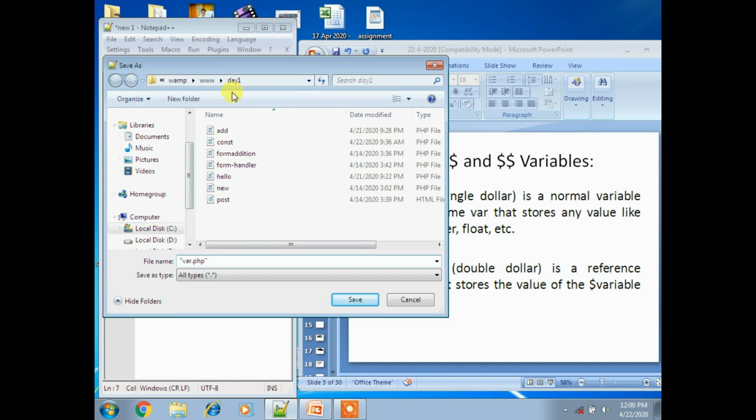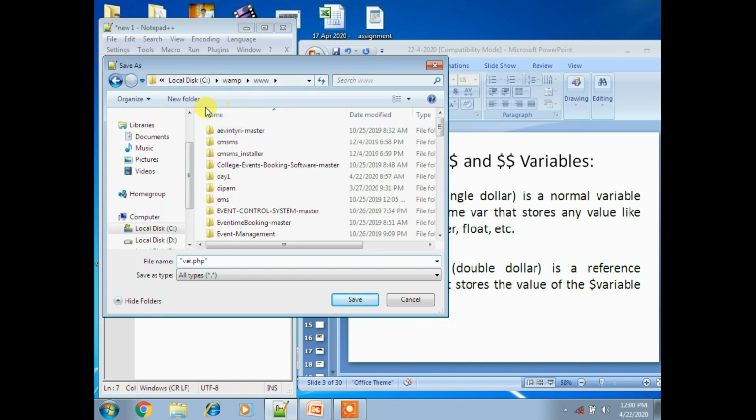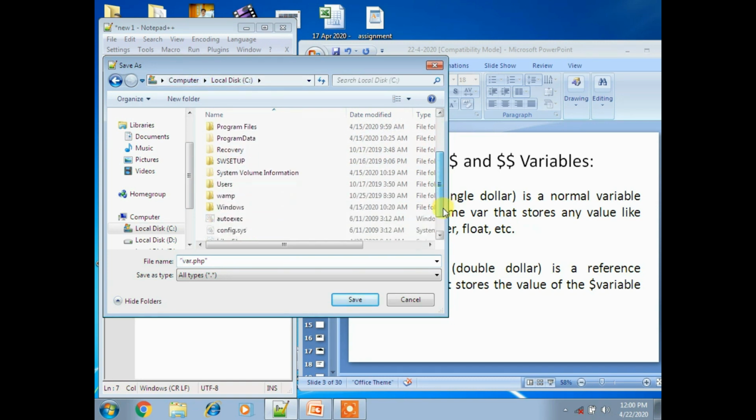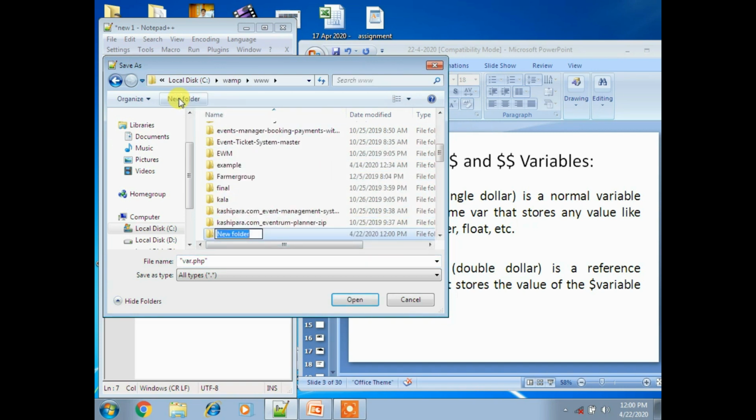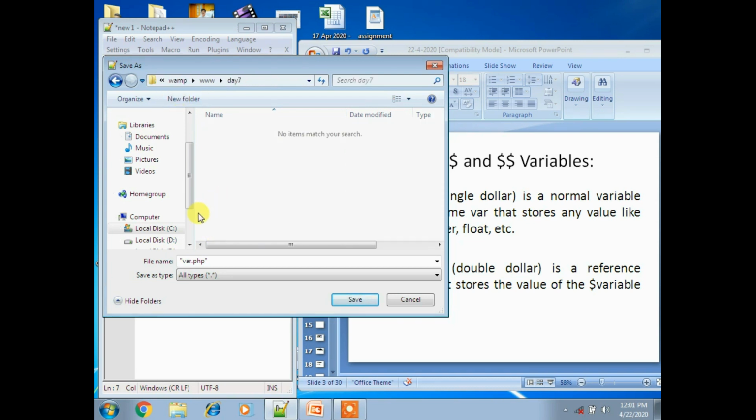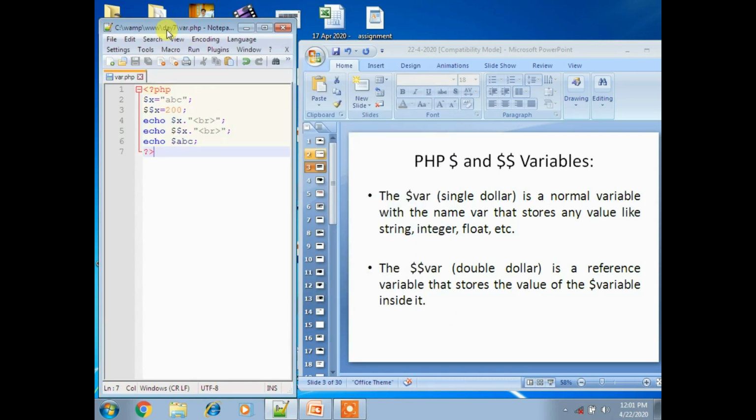So I created it, and now in the C drive we have to save the file in xampp htdocs, and create one folder for the day 7 example. I took day 7 and saved var.php. So my file is saved in day 7 now.